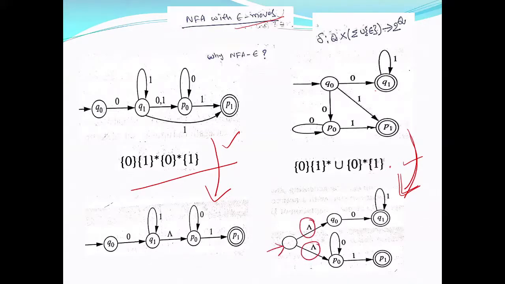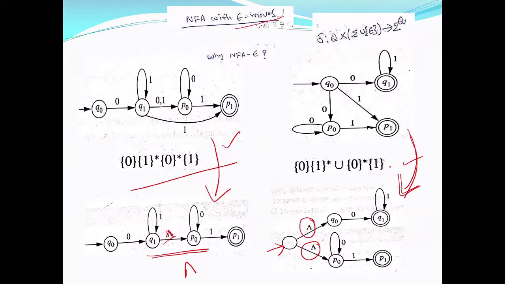What you have to observe here is this. You are starting in some state. Now you see Q1 to P0, there is a transition, but it is given with epsilon. Some people use epsilon; in this textbook, they have used epsilon as the symbol for the null string. So Q1 to P0, it can go without taking any input symbol. Q0 to Q1 requires one input symbol 0. Q1 to Q1 requires one input symbol. But to go from Q1 to P0, it need not require one. Simply, it can switch from Q1 to P0 and then start its working.